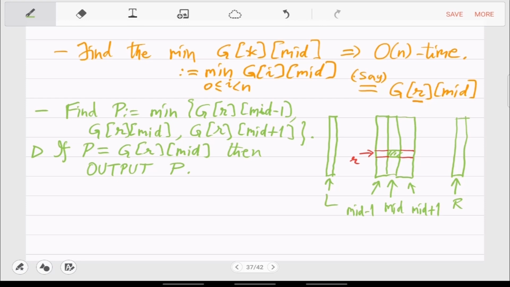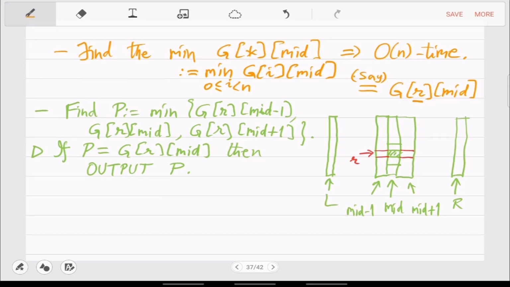It's smaller than these two also, the green ones also, right? Because in that column you found the min. So since it covers all the four neighbors, you can output it safely. That is the answer. So obviously this will be an easy case. The hard case is that it won't happen.